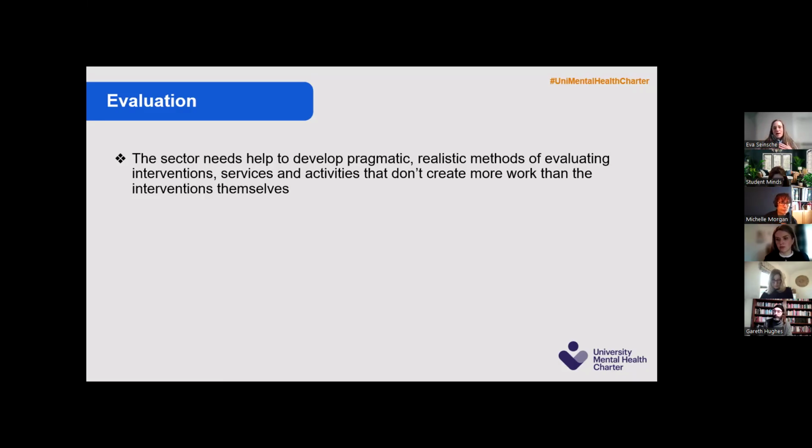And I'm wondering if there is any sharing of knowledge that is happening. Because when I talk to colleagues within the higher education sector, it seems that we all struggle with which clinical outcome measures to use. Yeah, I think that's a really good point. There isn't one that's ideal for this population. So we need to be aware of the fact that there isn't one that's perfect.